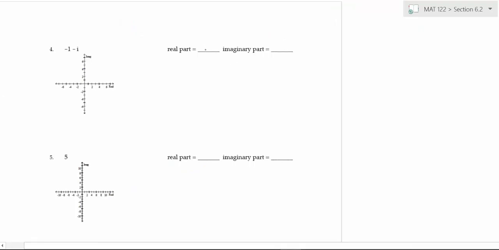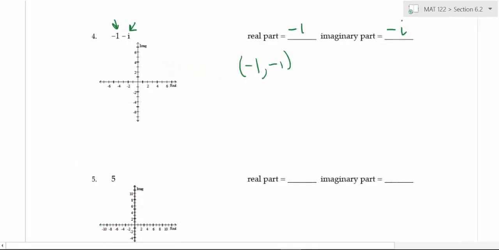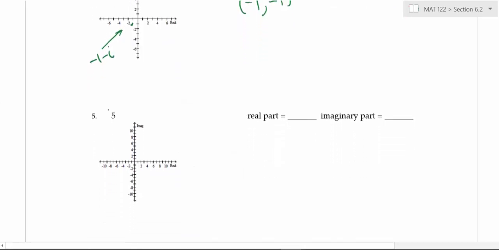Next problem, the real part is that part. The imaginary part is that part, so that's negative i. You can think of this like plotting the point negative 1, negative 1. I'm going to zoom in on this just a little bit. We would go to the left 1, and then we go down 1. So that's where that point would be located, right there. So you've got negative 1 minus i. And then the next problem,